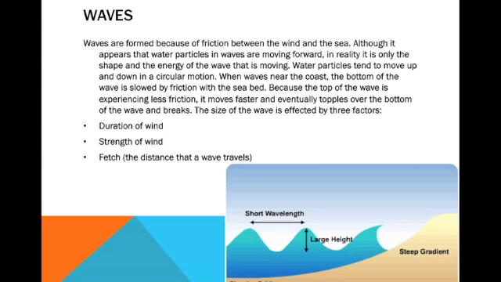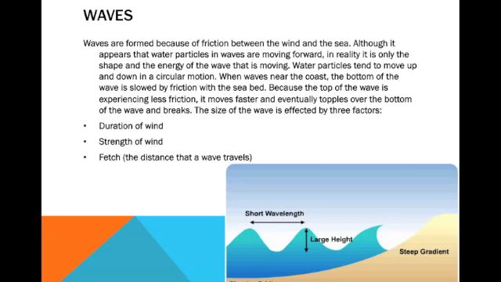So, waves. Waves are formed because of friction between the wind and the sea. Although it appears that water particles in waves are moving forward, in reality it is only the shape and the energy of the wave that is moving. Water particles tend to move up and down in a circular motion. When waves near the coast,